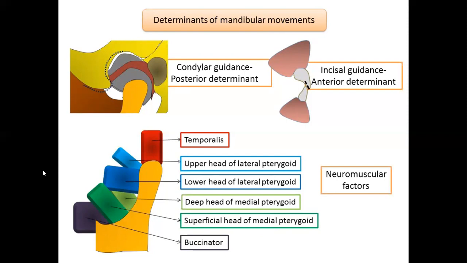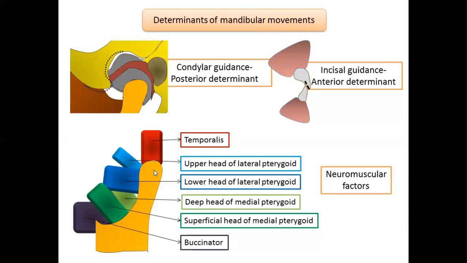the mandible. So this agonistic and antagonistic activity of the muscles of mastication is also important for normal mouth opening. For example, when you are trying to open the mouth, it is the lateral pterygoid that should dominate. Initially it would be 50-50, but gradually as you open the mouth more and more, the lateral pterygoid activity becomes 70, 80, 90 like that, and the temporalis muscle activity becomes less. So automatically, when you are trying to overstretch, this muscle is being relaxed, and at a stage it tries to prevent the overstretching of the lateral pterygoid muscle, and that is called the myotactic stretch reflex. And this myotactic stretch reflex prevents the overextension of these muscles.